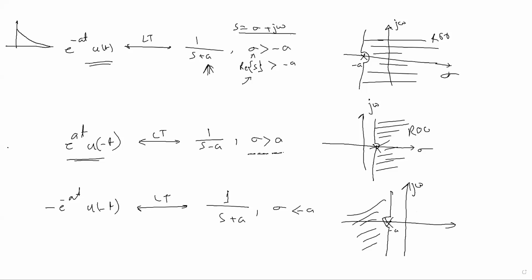Okay. Another example, another information we can get, that since it is left side of the pole, that's why the signal is a left-sided sequence. Understand? The signal is a left-sided sequence. So this information you can get from the ROC. So this thing you should know, and I'll give it point-wise. Okay, what are the information we can get from the ROC? Okay. So come to solve some problem.